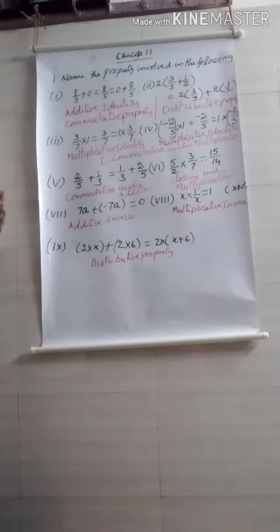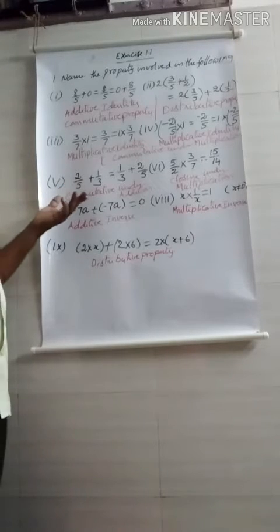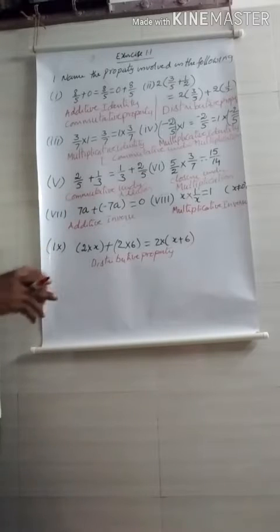First you may read thoroughly and recall the properties we learned in previous classes. There are some properties for rational numbers: closure property, commutative property, associative property, role of 0, that means additive identity, role of 1, that is multiplicative identity, additive inverse, multiplicative inverse, distributive property. Those properties were there in previous classes. We may recall all those and do these. If you have any doubts, ask me later. Okay, thank you.